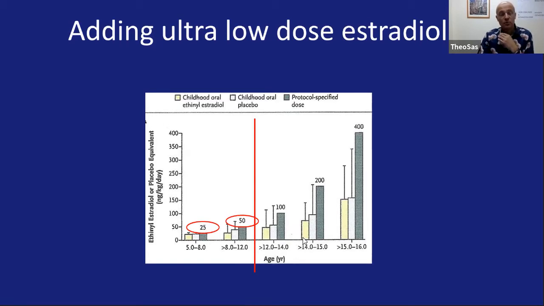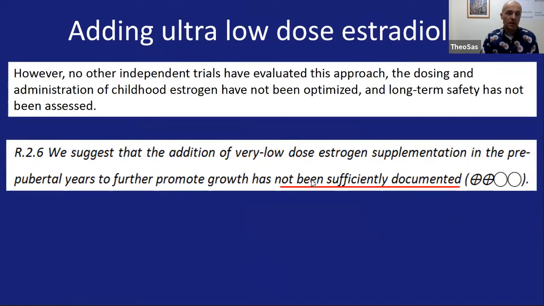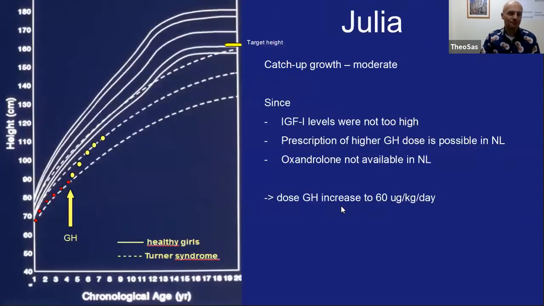And then she introduced puberty with a higher dose of ethinyl estradiol. And she showed that the change in height SDS was the best when you combine it with the very low dose of estradiol. But we have said in the guideline that it is only one study where we give ethinyl estradiol. It's not done with 17-beta estradiol, the natural estradiol. And you have to be very, very careful not to induce puberty too early or to decrease adult height by increasing, you could say, the acceleration of bone age.